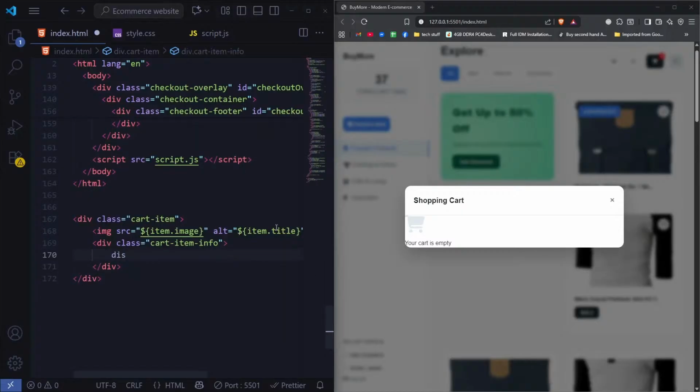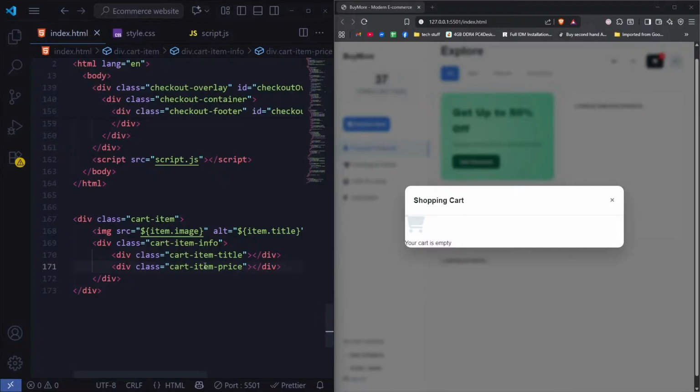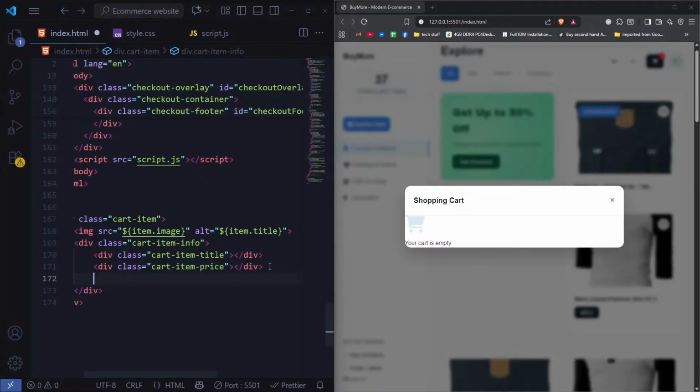The first is the title, so I'm just gonna do cart-item-title. So I'm just gonna do that. Next one will be price. Next, for the controls div, quantity controls,